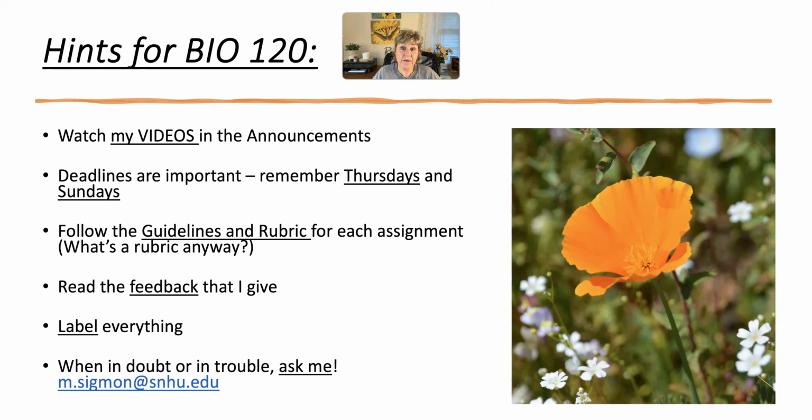Label everything that you turn in as files, because sometimes you guys get confused too, because you don't remember what you called something as you were working on it. So give it a good label. Bio 120, week 4, I don't know, some kind of part A of the final project, something like that. But also label it at the top of the page so that we know which course it is and who you are, what the date is, and what this particular assignment is. Label everything. This helps you. This helps me.